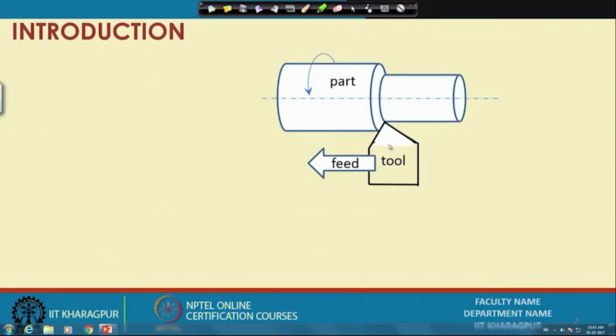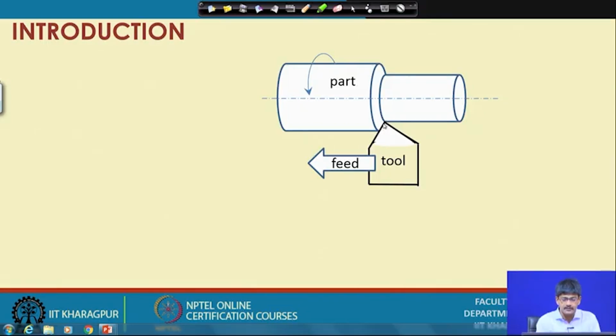How is it characterized? It is characterized by a sharp point and some sharp edges here, and it is moving past the rotating member,